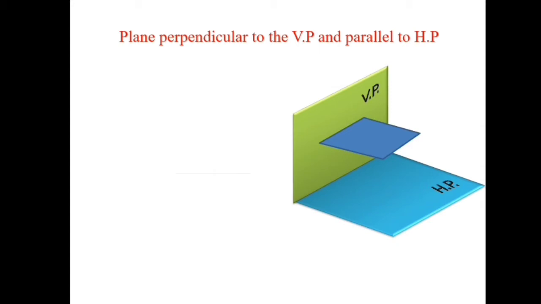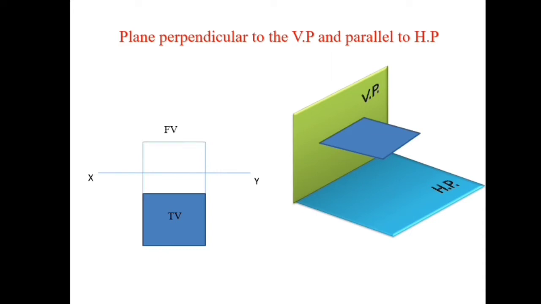First you draw an XY reference line, and then you draw the true shape of the square. The true shape of the square is obtained from the top view. So below the XY reference line you draw a square, and then you project the points from there, and you will get a straight line in the front view. So this is the first method.